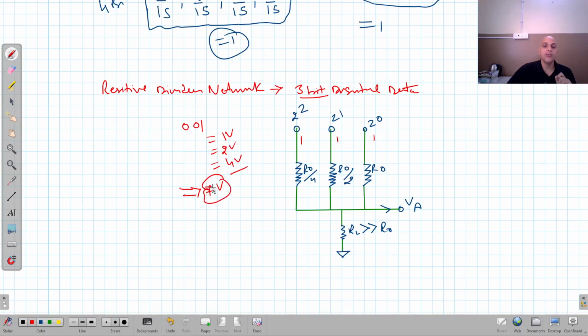It means it is going to do these two things. The first thing is to convert each bit into the corresponding analog voltage and then add up all these voltages. To do so, we have taken different values of the resistances and they are chosen in such a way that this condition is satisfied. So it is R naught, it is half of this. Similarly, if we have a 4-bit resistive divider network, the next resistance will become R naught by 8,